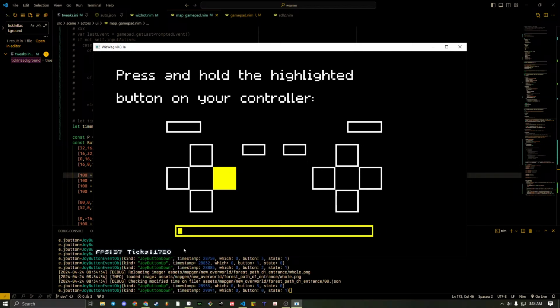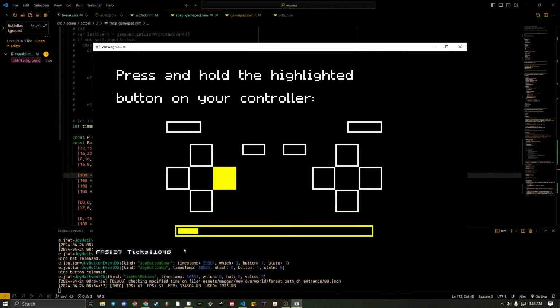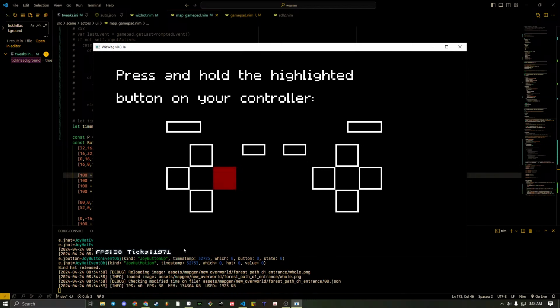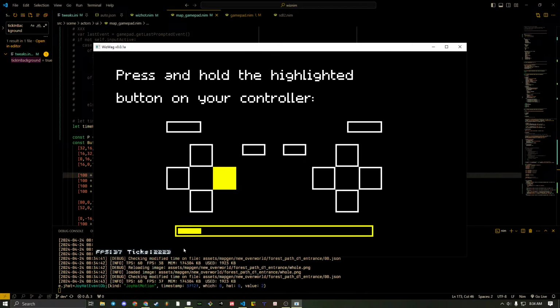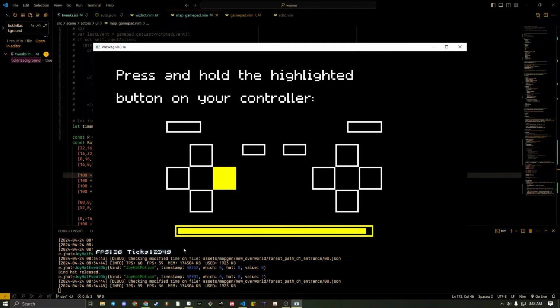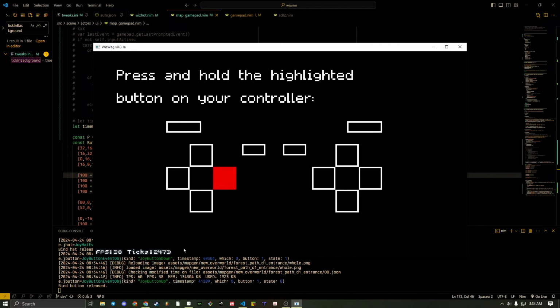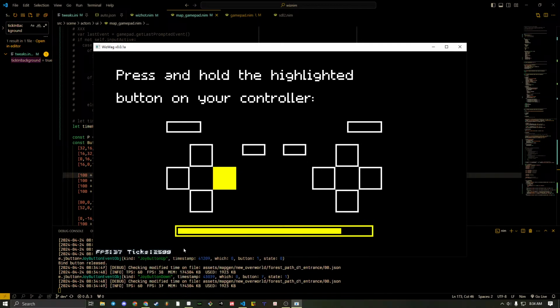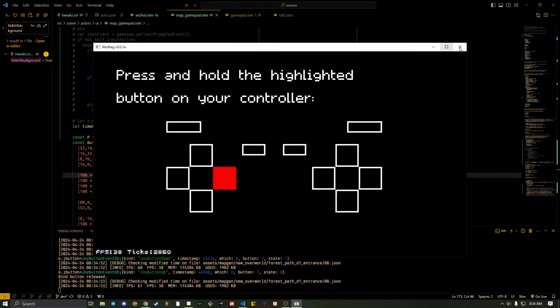Okay. Which I should maybe do something like if you hold two buttons at the same time, I should maybe pop up a thing that's like, hey, quit that. But for now, this is enough to get going at the very least. So we ask you to hold a button, you hold a button, we track how long it's been, and then